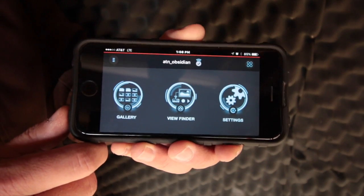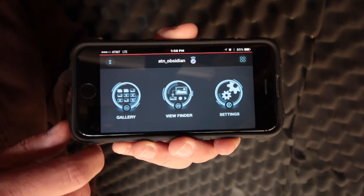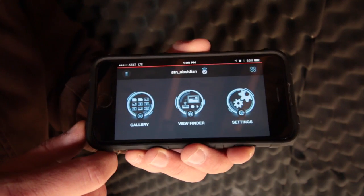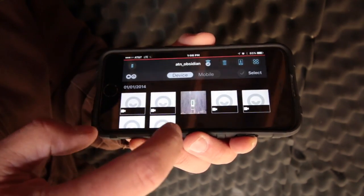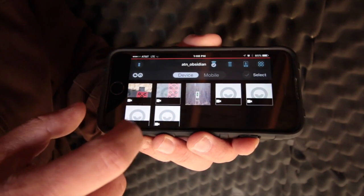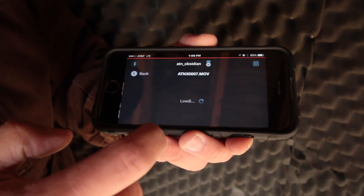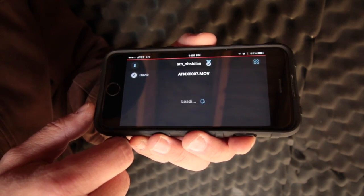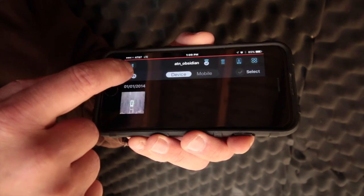So this is pretty cool. There's an app. You've got Wi-Fi built into the X-Sight, which you don't want to run unless you're actually using the app, because it drains the batteries faster than it usually does. But you have a couple options. You have a gallery, which allows you to preview. It takes a little bit to load the data, but I can play the video straight off of the camera. So you get a preview, and rather than wait for that to load, you get the idea. You also